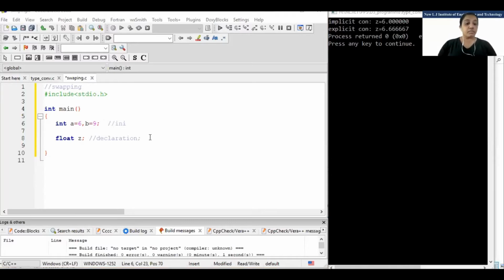If I write float Z, and after that Z equal to 7.8, this method is called the assignment method, using the assignment operator. But if I have done a declaration of a variable and assign a value to it at that time itself, it is called initialization. Clear?